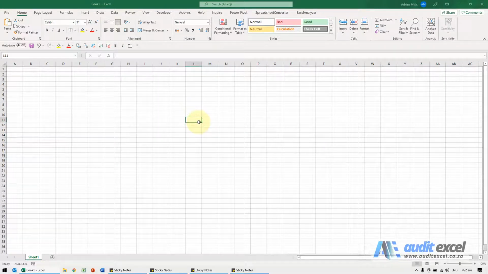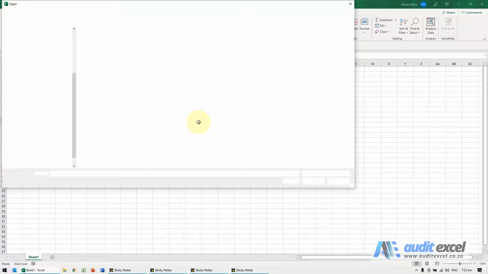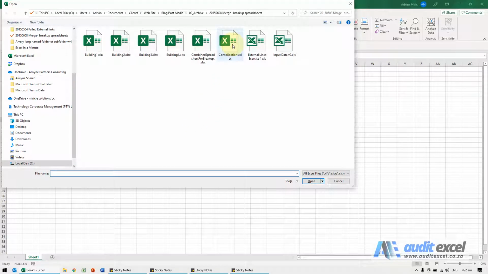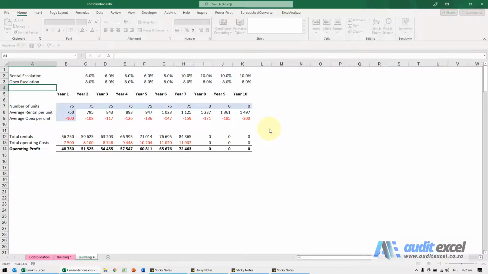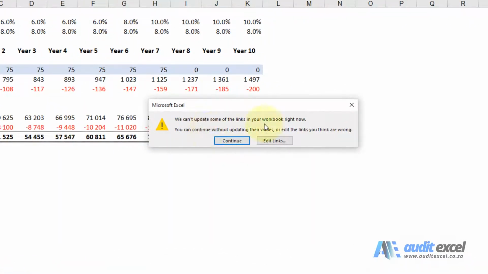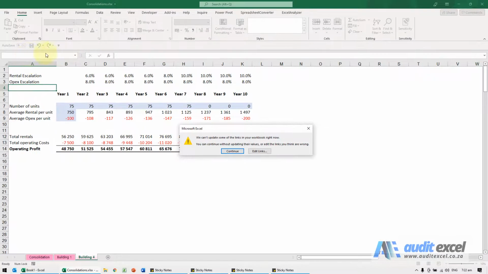When you open an Excel file, you sometimes get asked about external links. So you'll see here we either get a message like this, or there's sometimes a message up here. We find that very useful. It tells you exactly what's happening in the spreadsheet, and there is some sort of a link.